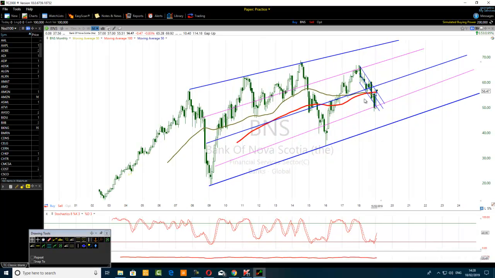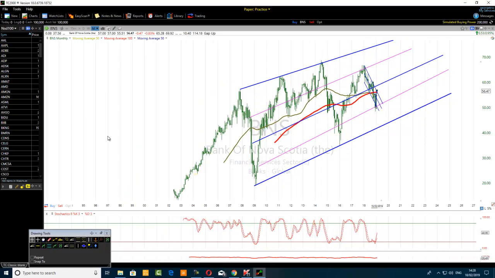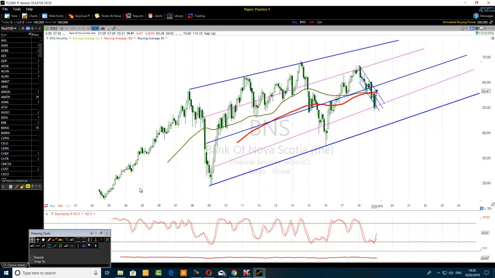So all the things we were talking about on the daily chart is just confined to this price move on the monthly chart. Now that we are on the monthly chart, you can see that, in fact, if this is the beginning of the listing of Bank of Nova Scotia, if this is all the data that we have,